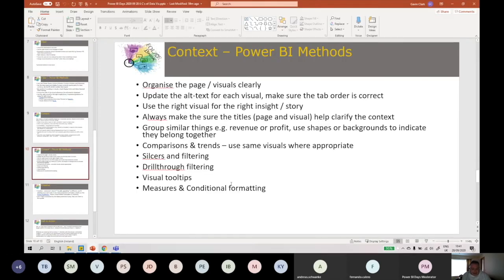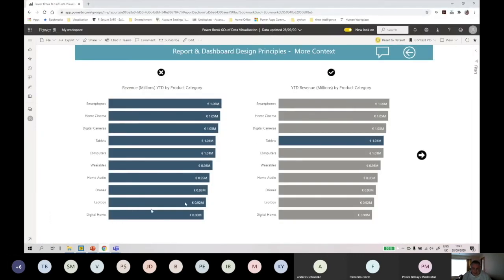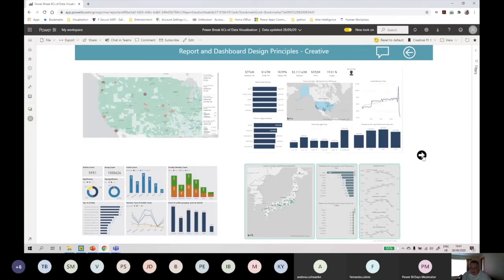So we'll do just a little bit more in the service. Now we're fairly confident about changing some of these visuals ourselves. Okay, so the next thing I want to talk about is, just because we've got some of those principles,